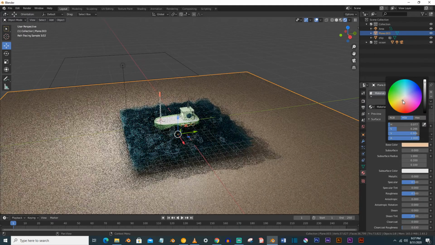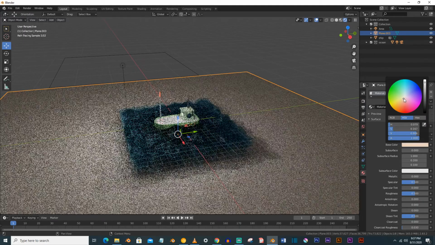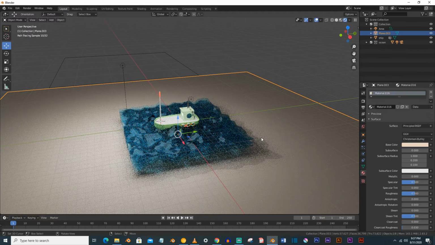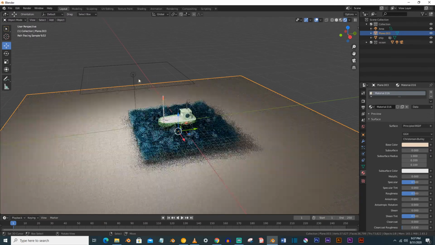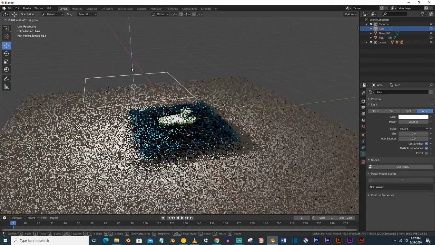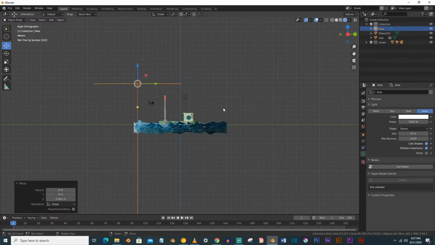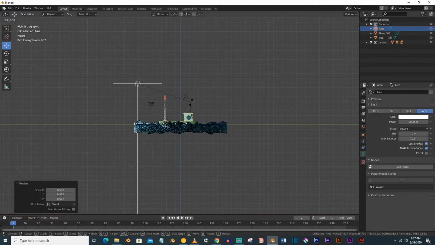We will give it a sandy color here, a little bit light. So this is it for the first part, and in the next part we will animate the boat.